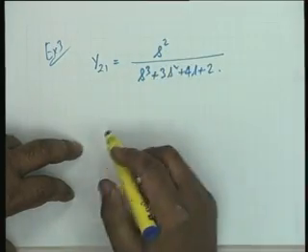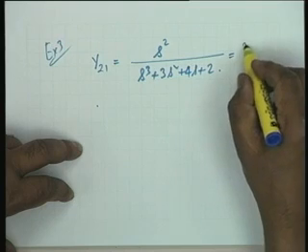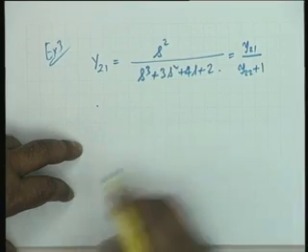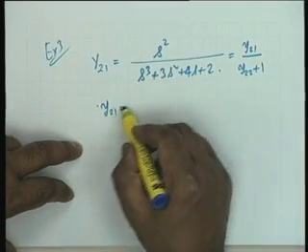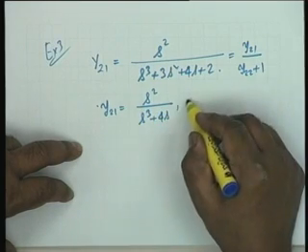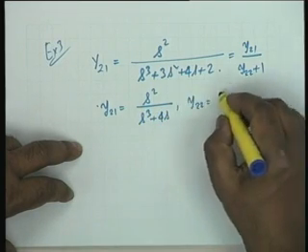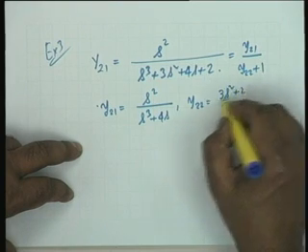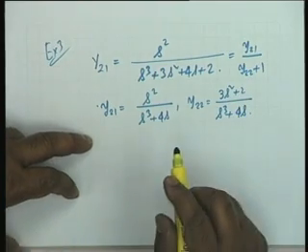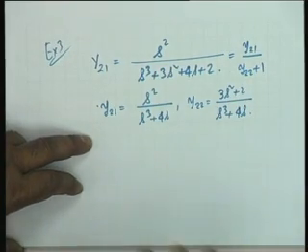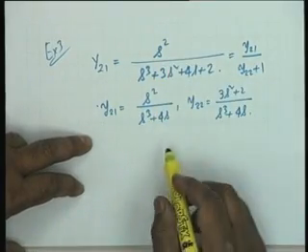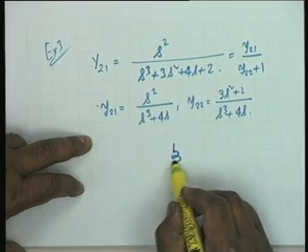Since this is even, therefore this is to be y21 divided by y22 plus 1, agreed. So y21 shall now be s squared divided by s cubed plus 4s, agreed, and y22 shall be 3s squared plus 2 divided by s cubed plus 4s. Now I argue what kind of structure. First you have to decide on the structure. The structure is 2 transmission zeros at the origin. Now obviously I require one inductor in shunt,